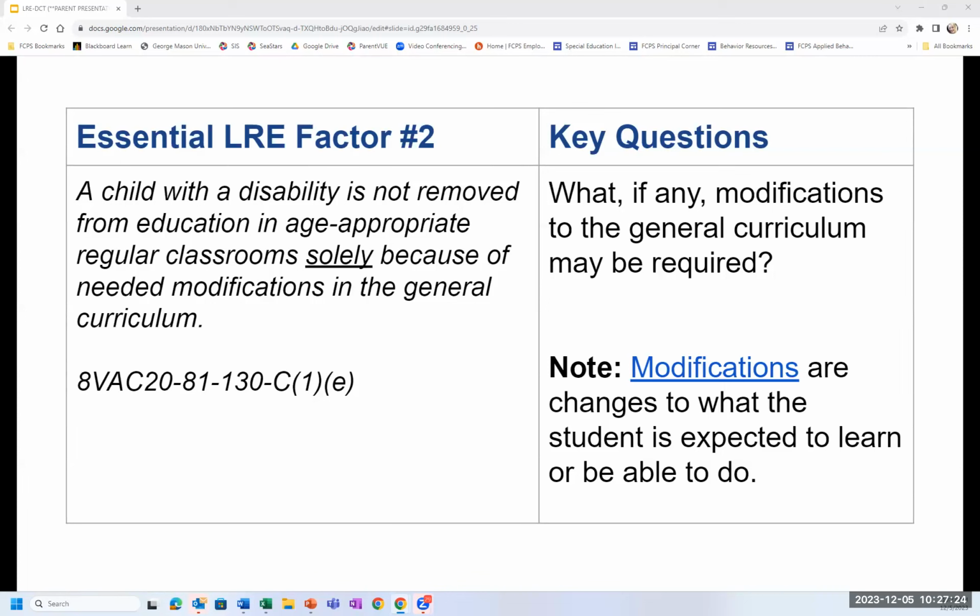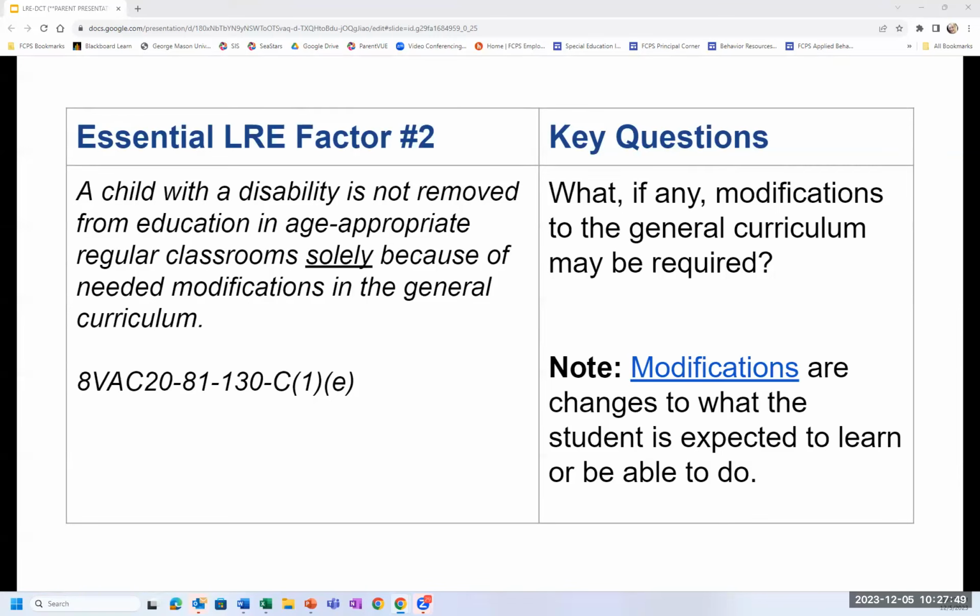an accommodations resource. And I think what's important to note is that accommodations change how a student will learn or demonstrate their knowledge, keeping the expectations the same. Accommodations do not change what is taught, and they do not change those expectations.